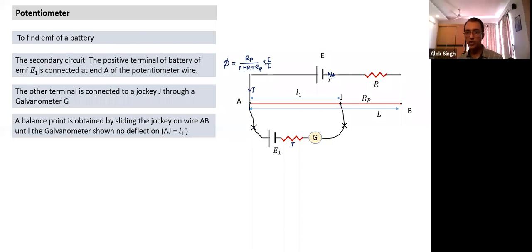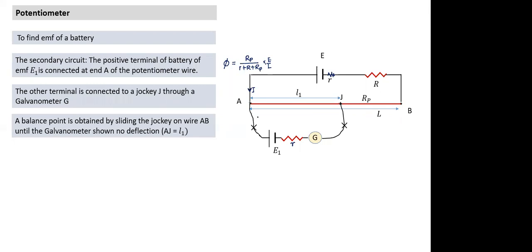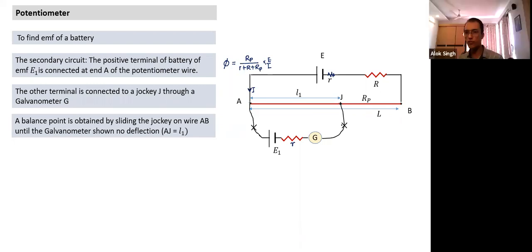Now when the current is 0 and 0, do you think this current I which was flowing earlier would have changed? It won't change. Nothing is happening. No transfer is taking place. So this primary circuit remains as it is. The current I will remain the same. The potential gradient also will remain the same. So I can calculate the potential difference between point A and J along two paths. One path is from A to J. The other path is from here like this. Both ways, if I calculate the potential difference between point A and J, it should come out equal.